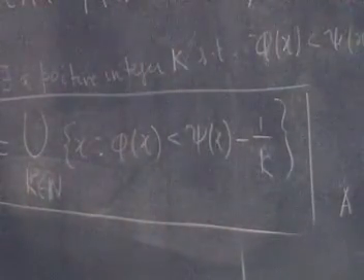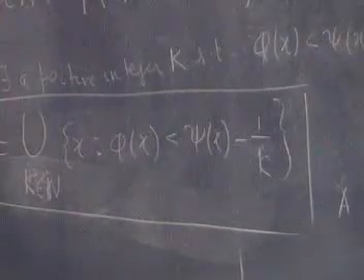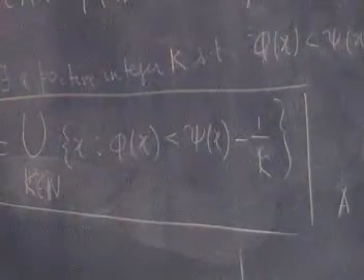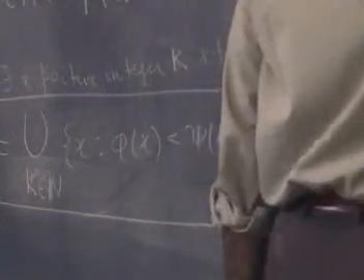Now I want to show that the measure of E is 0. Suppose I show the measure of E_k is 0. Done, right? So if we show that the measure of E_k is equal to 0 for every k,